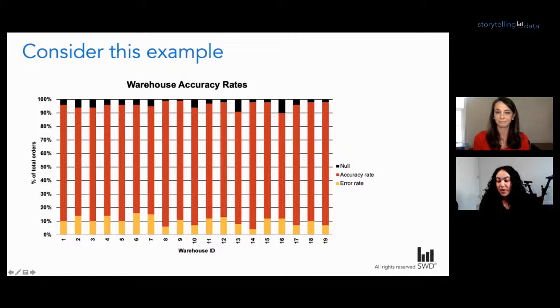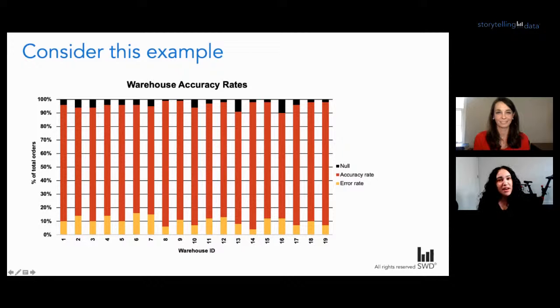One of the first comments I saw was from Lucia, which was about subsetting the amount of information. And I think this is an important thought because there is a lot of information here. And actually, one thing you don't know is that there could be even more information. In fact, we're looking at 19 warehouses, but the full data set included 66. Imagine if the original creator decided to include all 66 bars. That would be incredibly overwhelming here. But instead, they did us a favor. They narrowed things down to 19 bars.